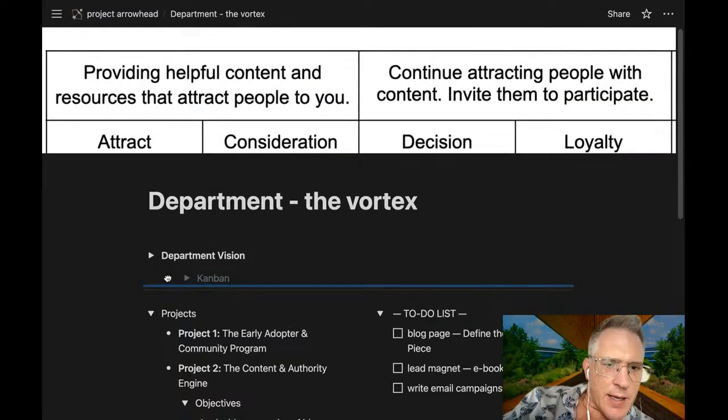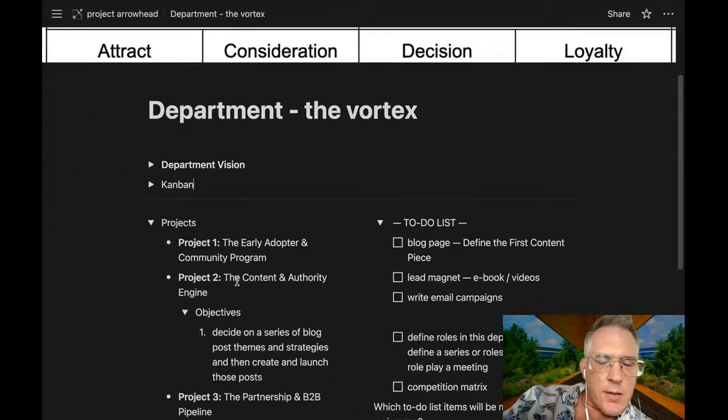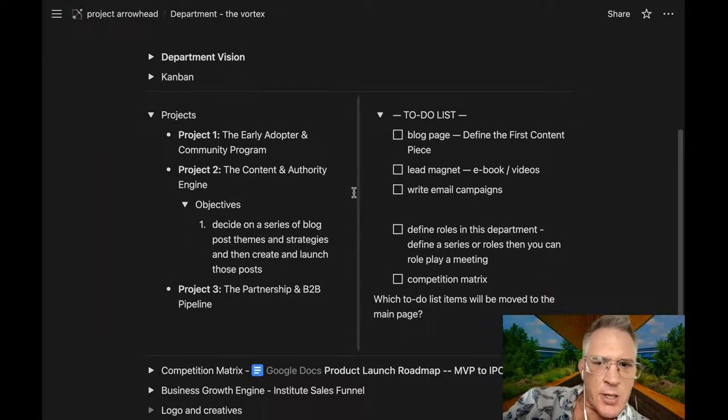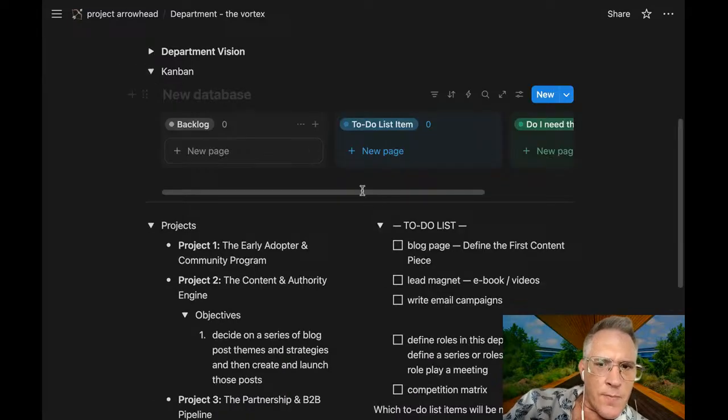Because the benefit of the Kanban is that I can focus in on one item. See, right now there's just way too much information for my brain, and what I see is analysis paralysis, and I just see too much information.